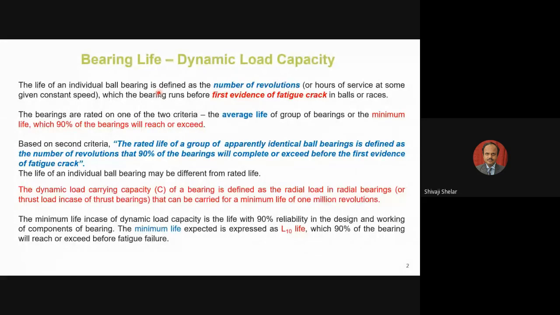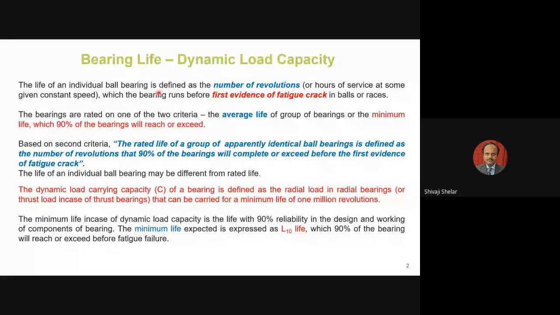So rated life is required. Suppose I am using a mixer. I am not using the mixer 24 hours a day. Maybe morning and evening for food preparation, I may be using the mixer only for half an hour. Or if I am using a mixer in a hotel also, I will not be using it throughout the day. I may be using it only 3 to 4 hours of the total duration of the day. So we consider that the operation is intermittent.